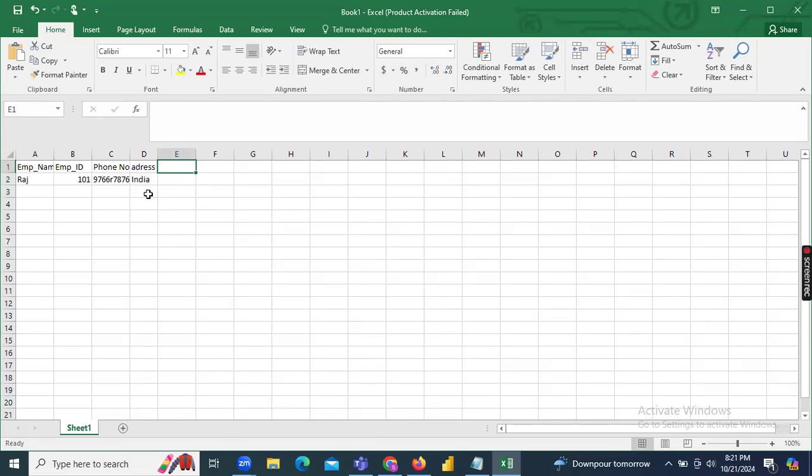Same way, we want to store data in an organization. For example, in a company there are 10,000 employees. Every day some people are coming and we are entering this data and storing it in this Excel file. Why are we storing this data?